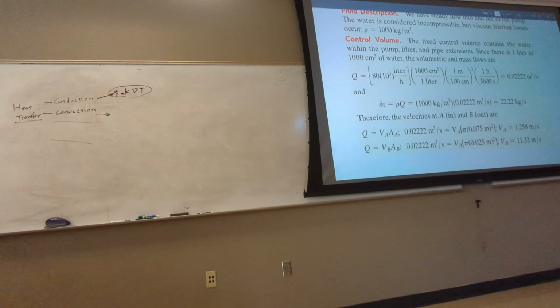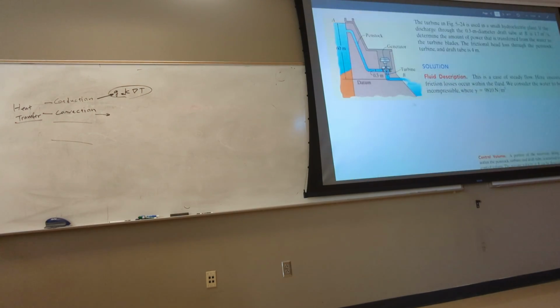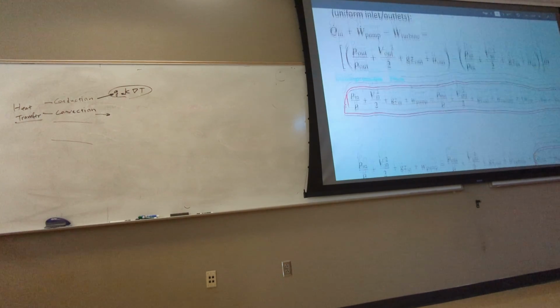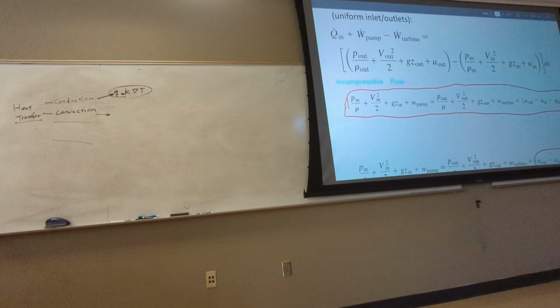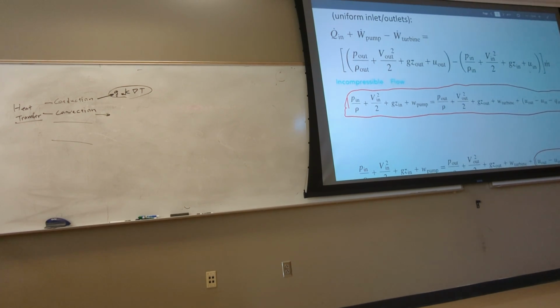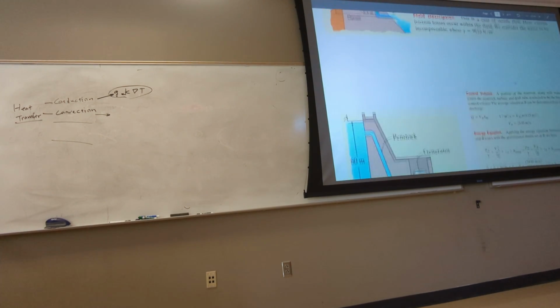Why do we find m dot? Look at this equation, back to the main equation. These lowercase values you see here, these are head, these are in meters. These are not energy, these are not joules per second, these are not rate. So if you go a little bit back in the previous slide, there is an m dot that we divide everything by, m dot g, to get the height. Right? m dot and g, m dot and g. So that means you have to have m dot if you want to find the joules per second, the rate. So that's what we do here.